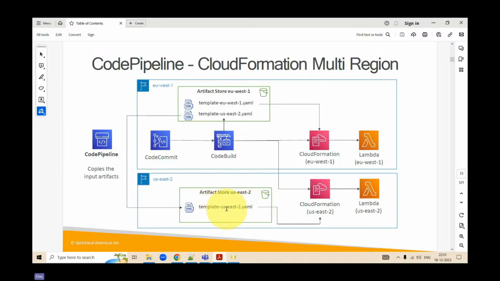Now I want to create a CloudFormation stack. That means I want to create an environment in US West 1, so I am using this file to deploy. And if I want to create the infrastructure in US East 2, then I'm using the second file to deploy. Okay.